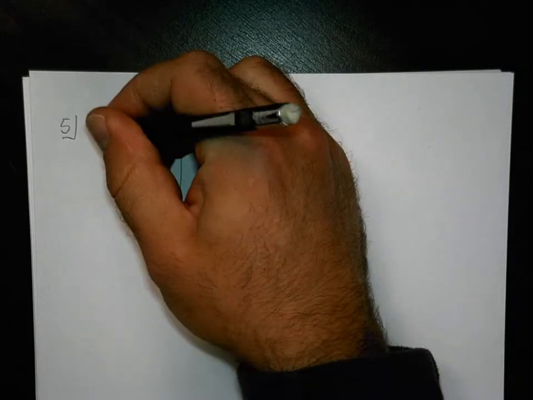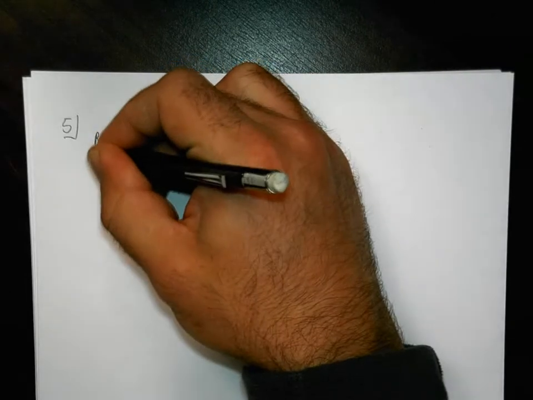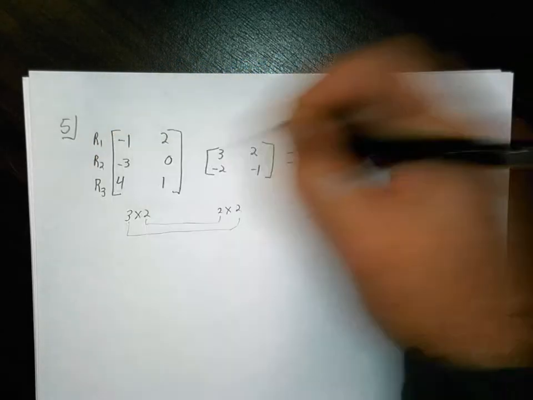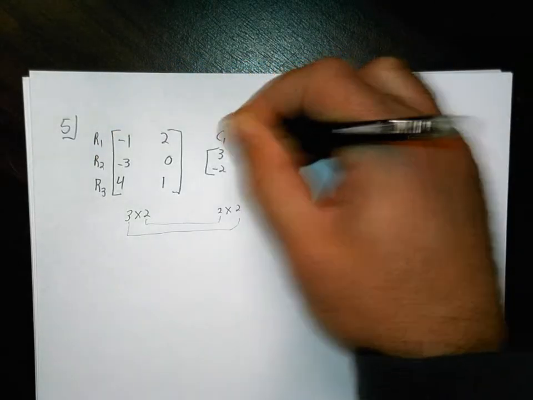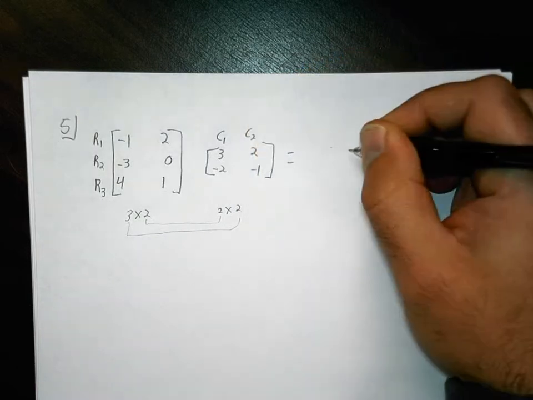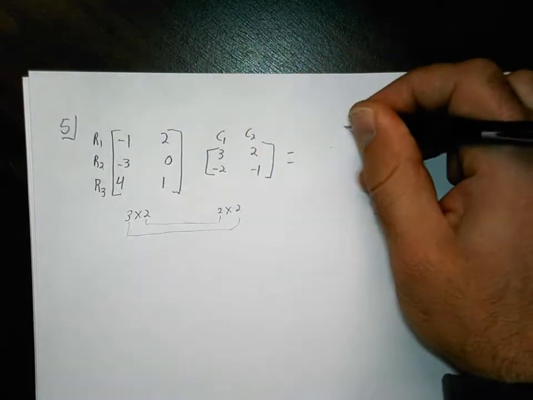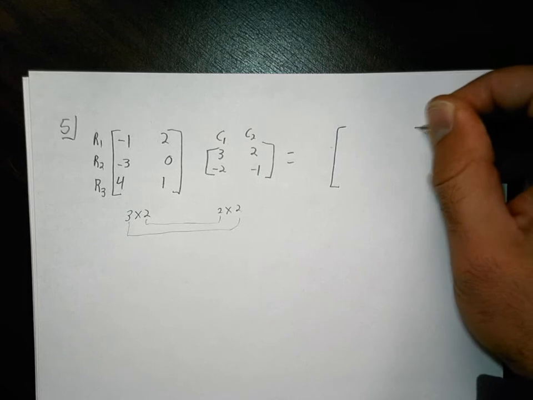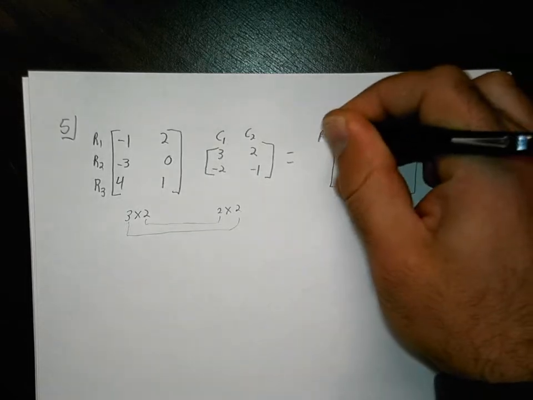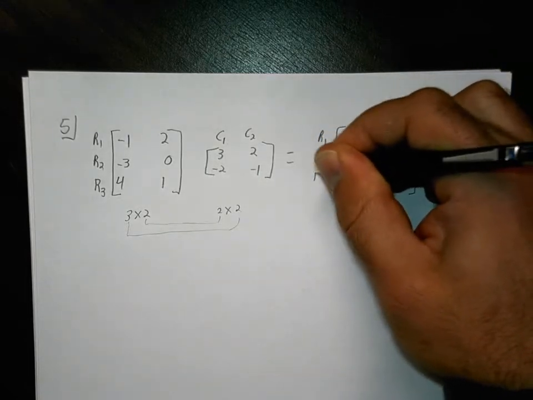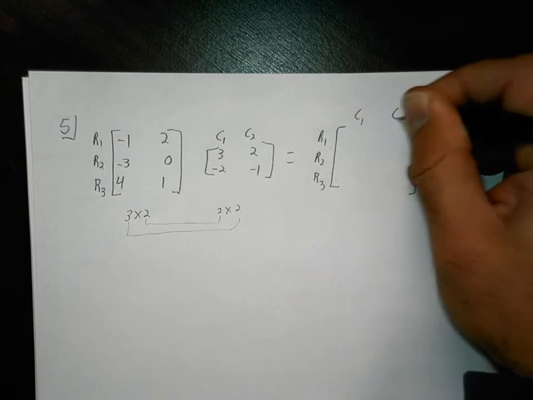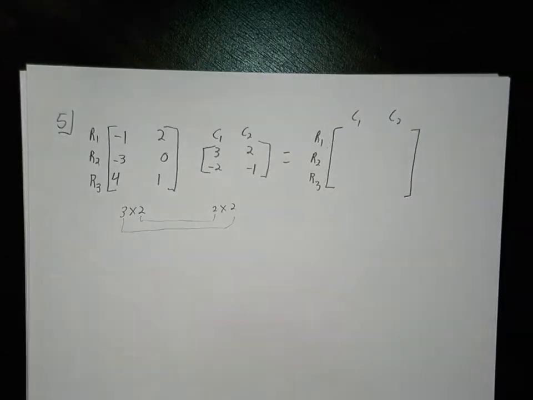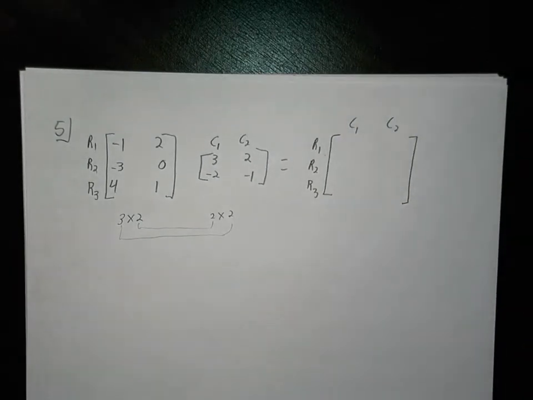Okay, so I label the rows in the first and the columns in the second. And I make a new matrix that's a 3 by 2. And we multiply them. Now let's see if we can do this math a little bit more in our head